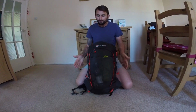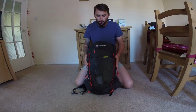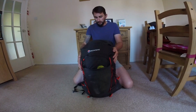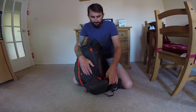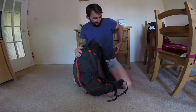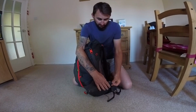Montane Trailblazer, 44 litre. I've got nothing but good things to say about this pack. It's really light for a framed pack, only about 900 grams. Plenty of room, nice stretchy pockets. The best thing I like about this, a couple of things actually, is the hip belt pockets. Instead of sitting sort of here, they sit back here, and they are absolutely perfect for